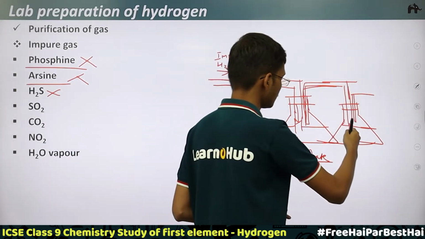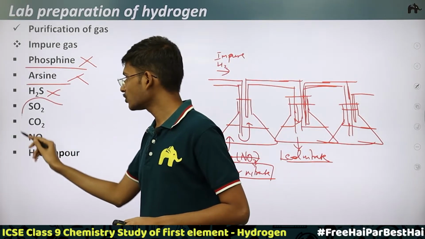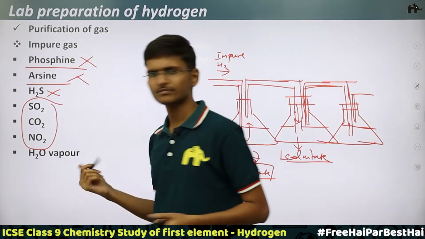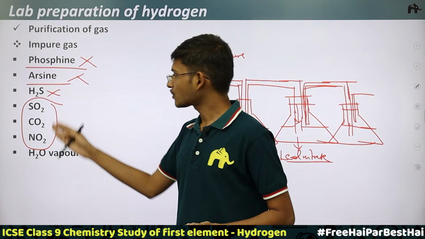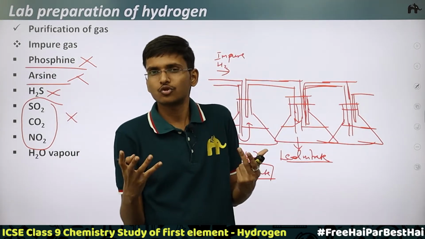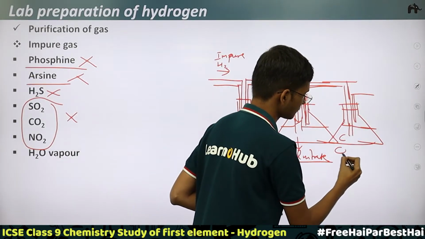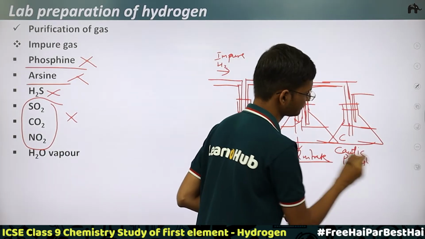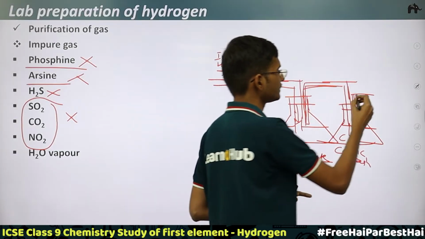Now here we are passing this gas to remove the impurities CO2, SO2 and NO2, that is carbon dioxide, sulfur dioxide and nitrogen dioxide. In order to remove these three impurities, we pass it through the caustic potash solution, KOH. And lastly, with the same arrangement,